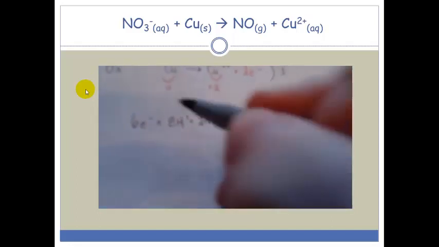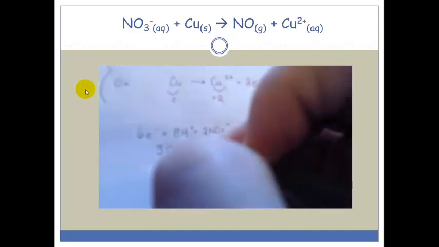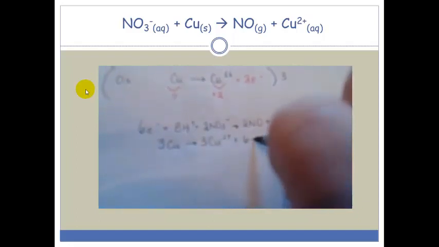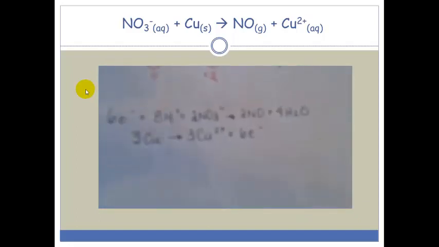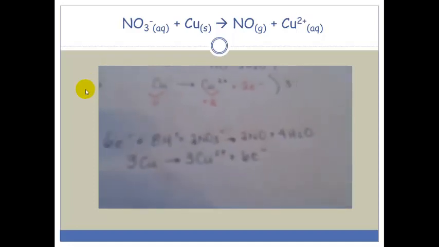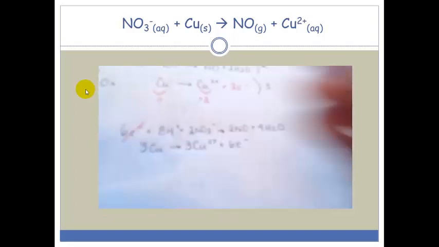And in the second equation, we will have 3 copper goes to 3 copper ions plus 6 electrons. Now we can see that we have 6 electrons on both sides, and so we can cancel out those 6 electrons